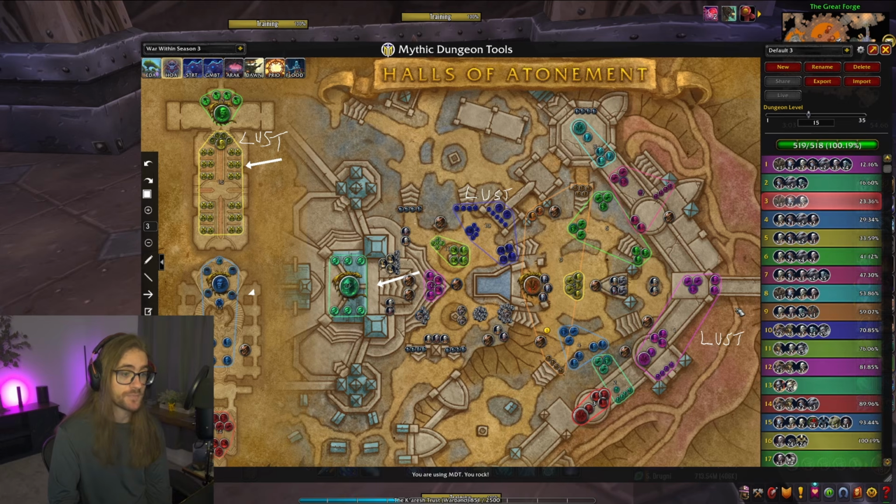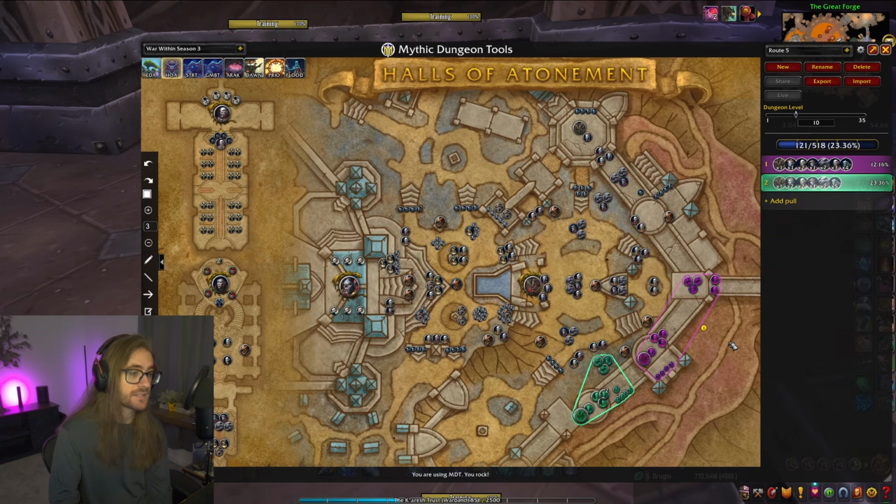But as you guys can see, they have all of the trash packs in order of how we want to pull them and which mobs we want to pull. He's indicating where we want to use Bloodlust and also indicating where we want to skip mobs. So this is a fantastic add-on to get so that, like I mentioned, everyone's on the same page before the dungeon even starts. One last thing that I'd like to mention about MDT that I love about this add-on is